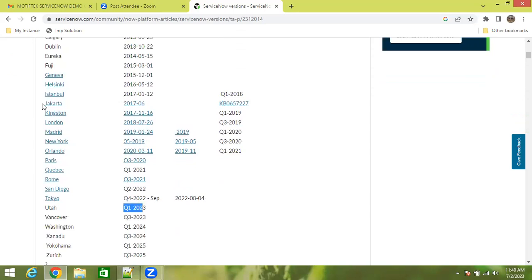When you compare Aspen to Utah, there are many improvisations, developments, and features in the ServiceNow application. It has changes in the UI, in the navigation, in the modules, in the applications, everything. The complete shape of the ServiceNow application is different from Aspen to Utah, Tokyo, right? So that is actually required.